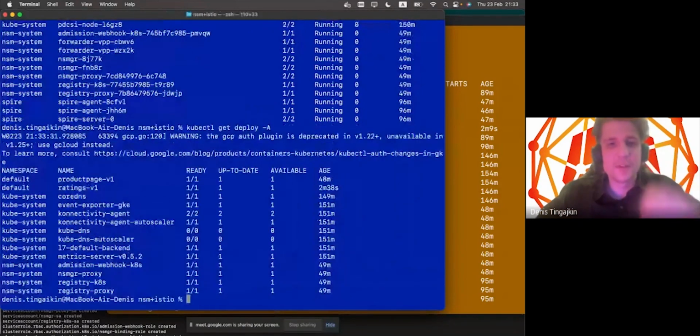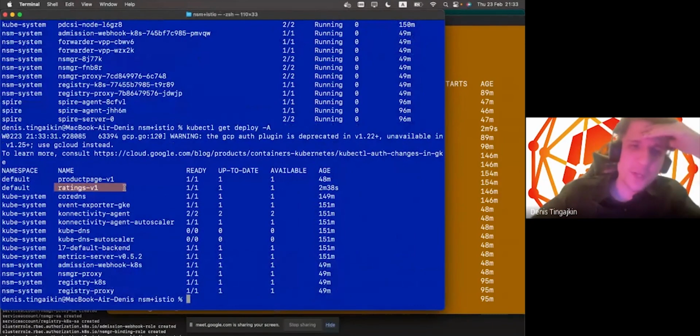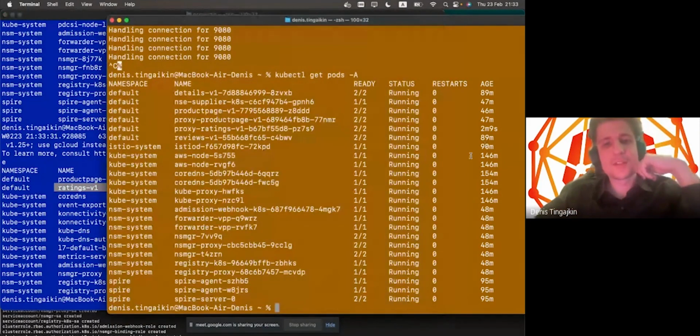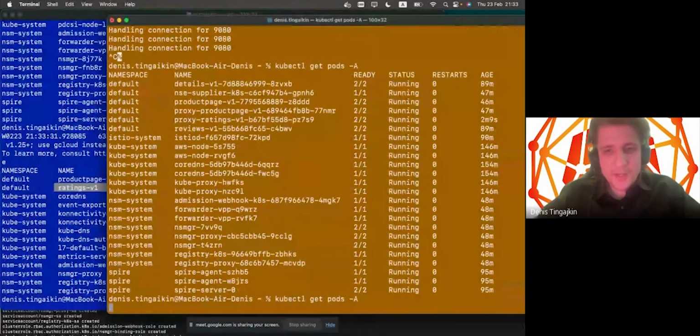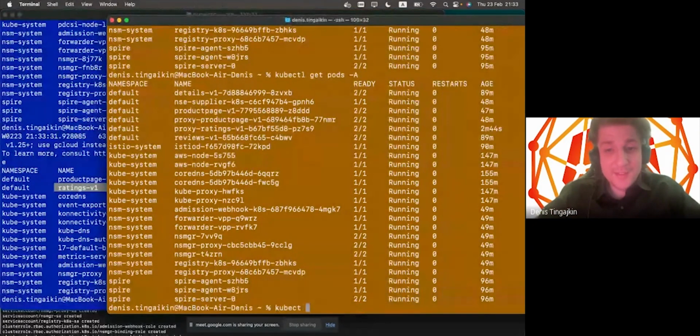Or I mean, any. Oh, sorry, we have applied ratings version 1 for cluster 1. It means that we can delete